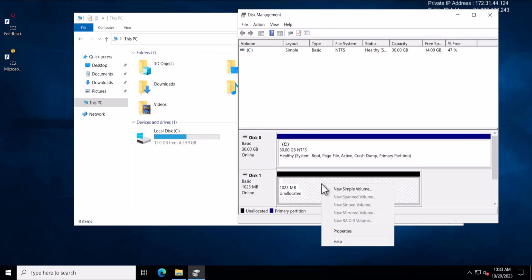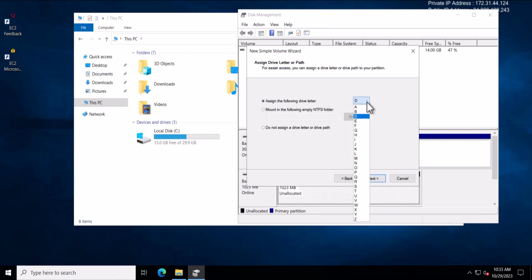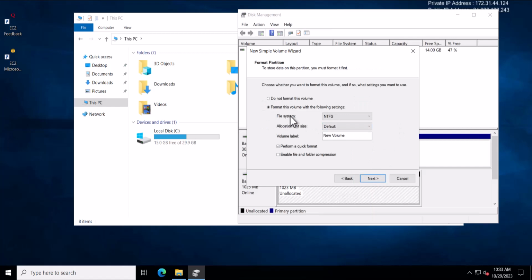So I'll right click this volume, and then I'll just do new simple volume. Next. Here I'll just go to next. Okay. So the drive letter D. You can choose any of the letters that you want except C, that is for this. And then next. Yes, and you can see the file system is NTFS. So for Windows you can have FAT, FAT32, NTFS, and then ReFS. But we will choose NTFS for this one, and then we can say attached